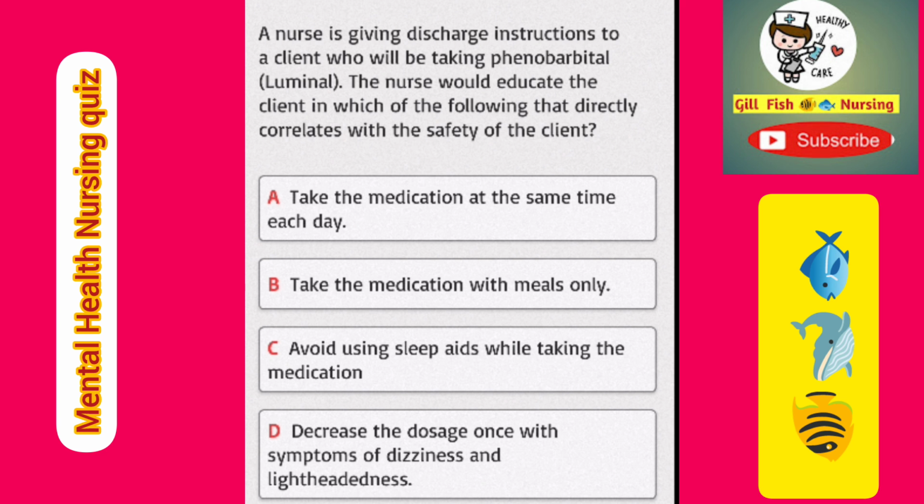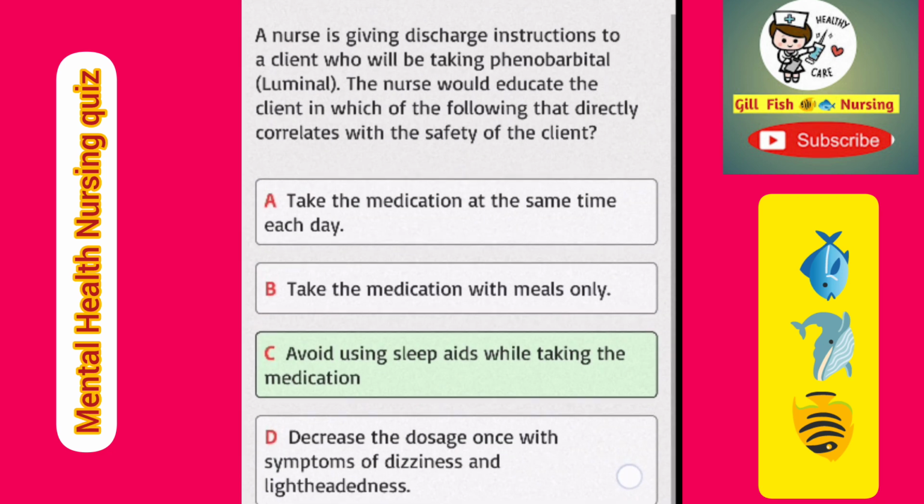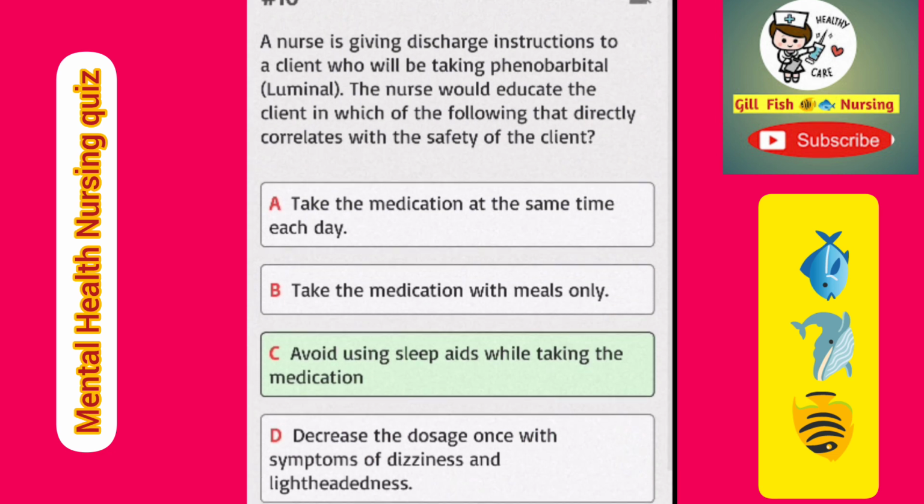So the correct answer is what? C. Avoid using sleep aids while taking the medication, because dizziness will happen, drowsiness will be there. So they should not take it along with some sleep aid. Next,